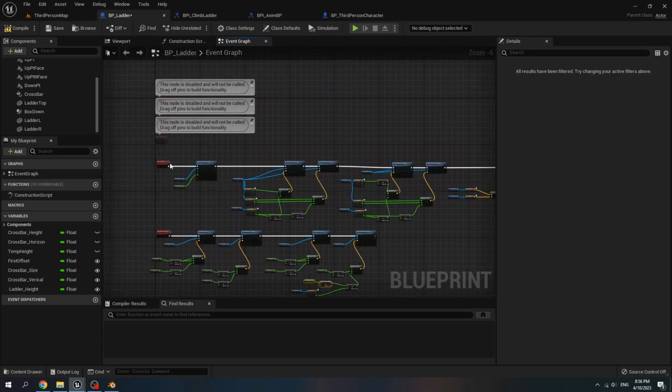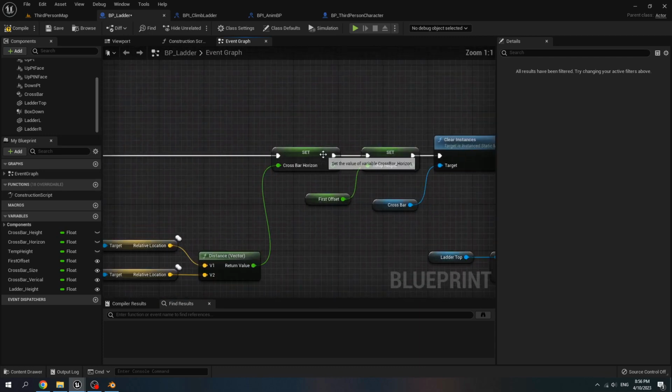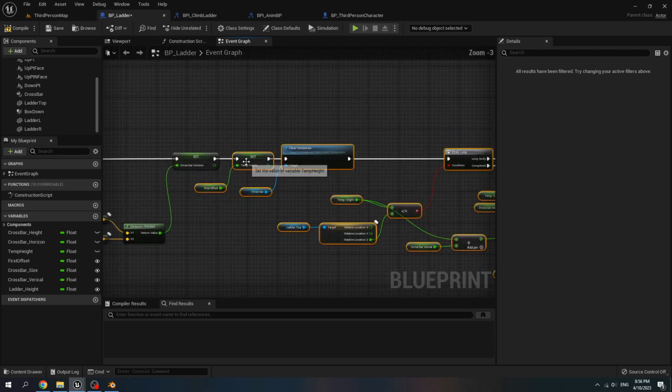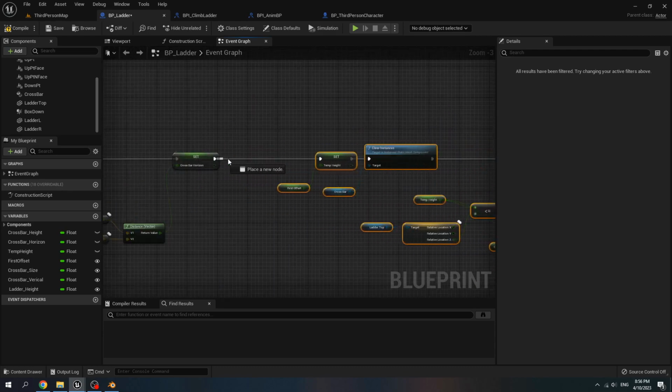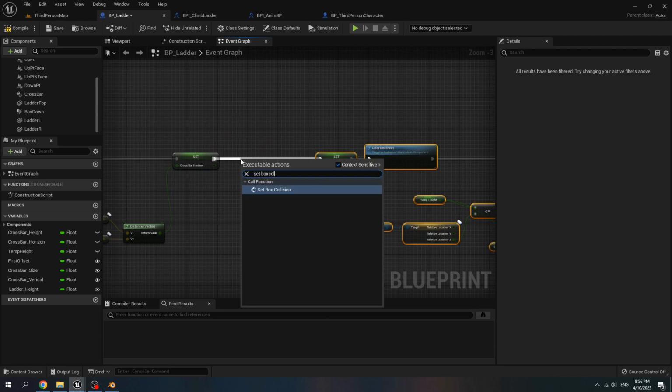Go to our init letter event. After we set crossbar horizon, we call this new event, set box collision.